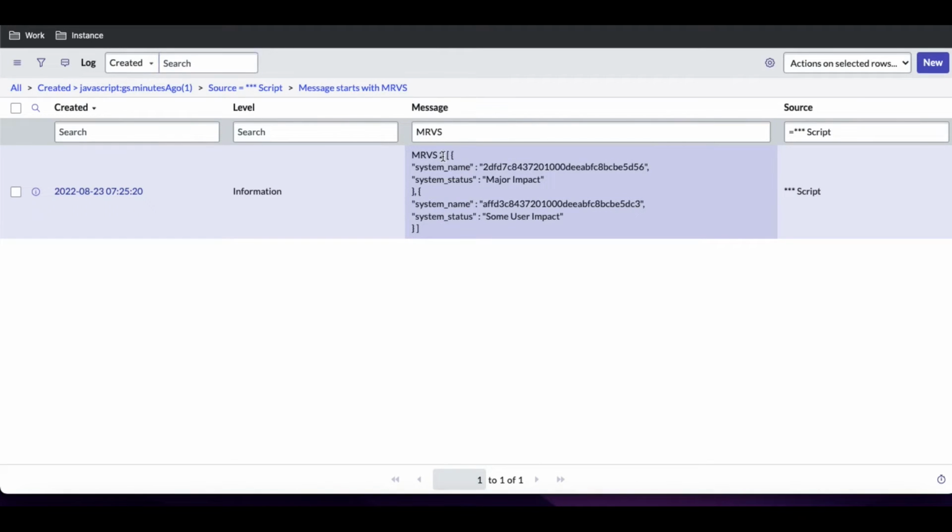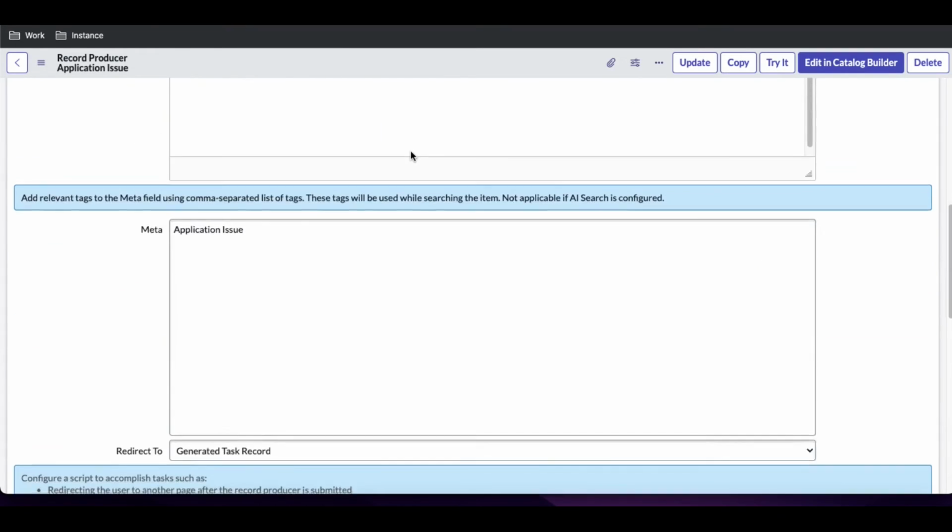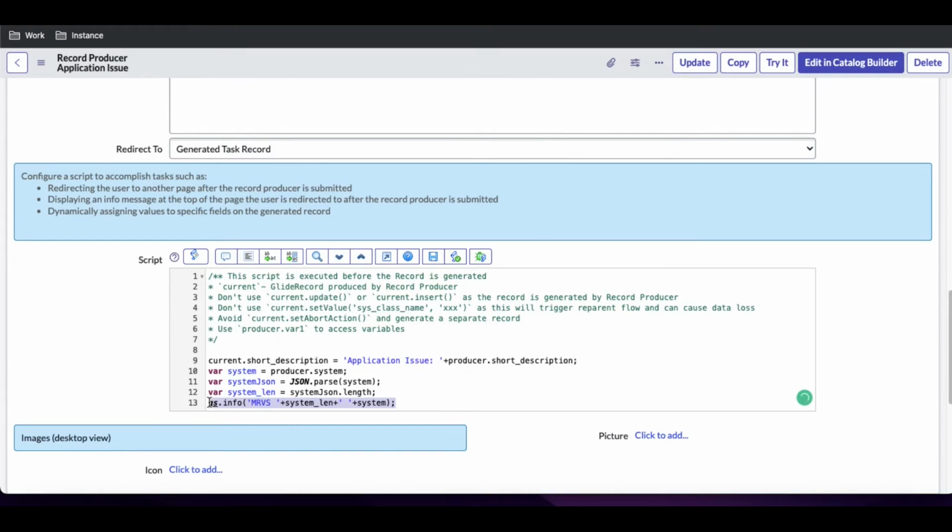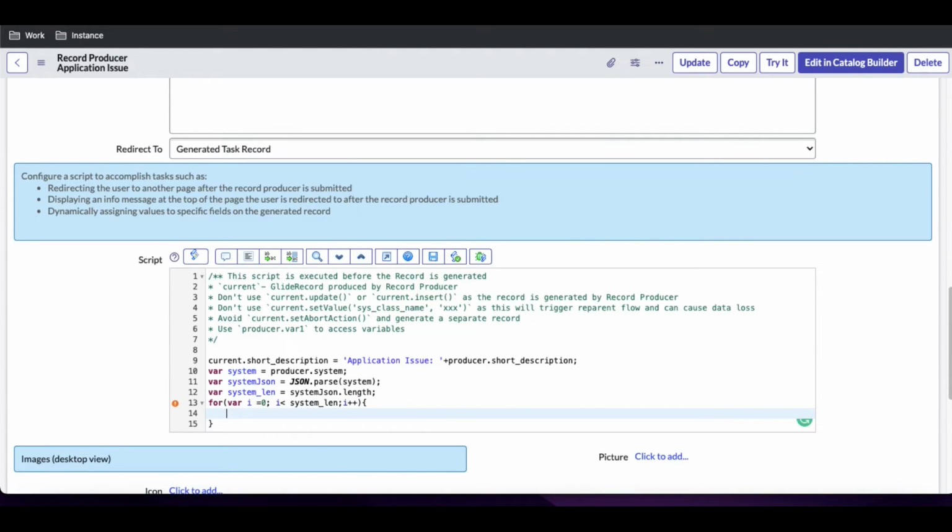Now you can see I get that MRVS is 2, and then it is returning me the data. So in a JSON format, what I have to do here is run the for loop. For i equal to 0 and i less than the system length, i plus plus, and here I'll write var gr equal to new GlideRecord,